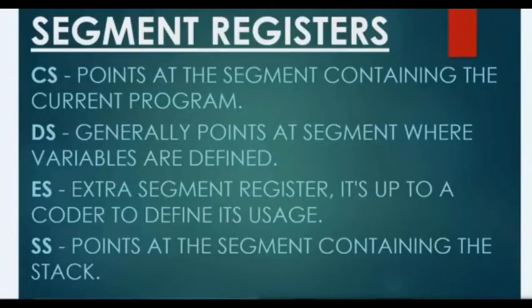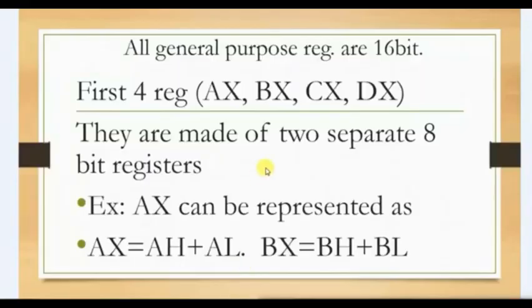So friends, if during this basic tutorial you don't understand anything, there is no need to worry at all. You will understand everything while we are coding, because at that time also I will be explaining line by line for each code. And here is the detail of all general purpose registers. They are 16-bit registers. The first 4 registers, as I told before, AX, BX, CX and DX, are truly general purpose registers. We can use them for any general purpose, to store data.